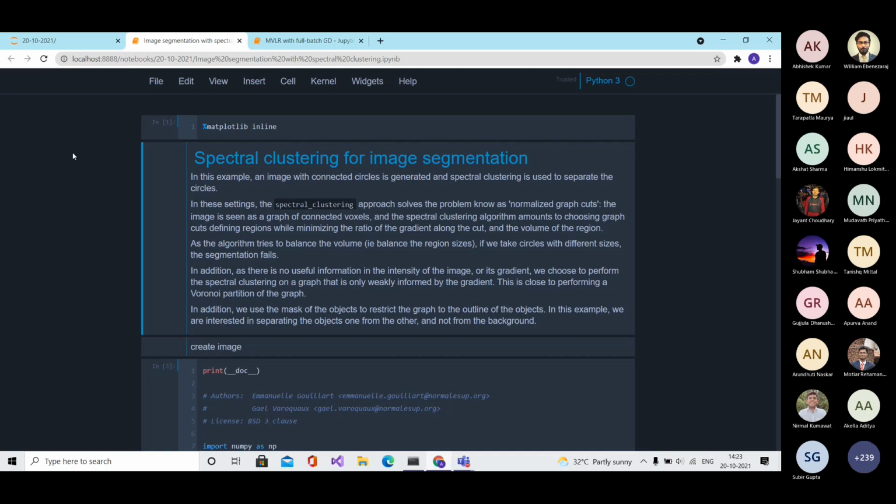Right now, for the segmentation problem, we'll see a slightly different perspective of an image, in which we will consider the image as a graph of pixels. Earlier we were looking at it as a matrix, now we'll consider the image as a graph.